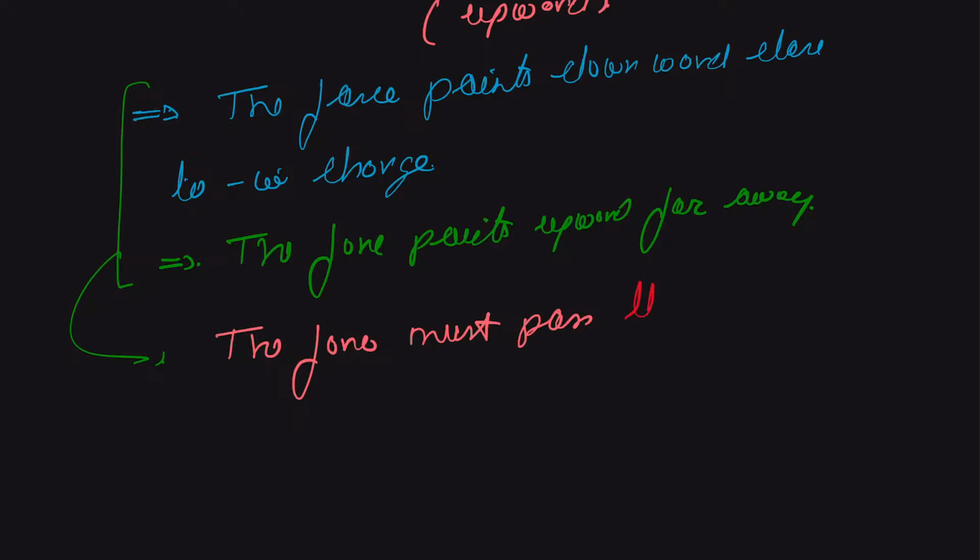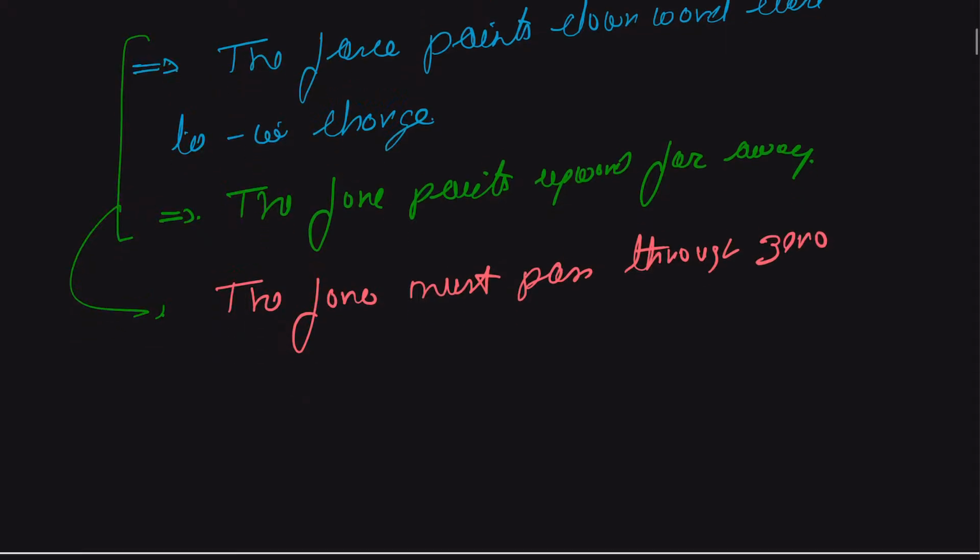Force must pass through 0 exactly once in between. So therefore there will be only one point, and that will be lying between these two forces. Okay. And therefore we can say